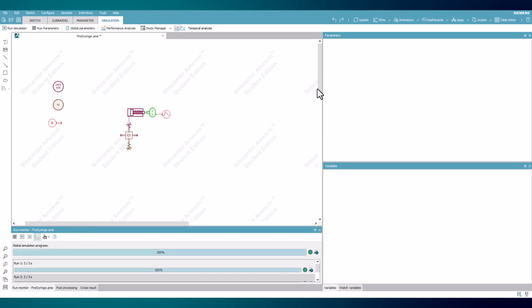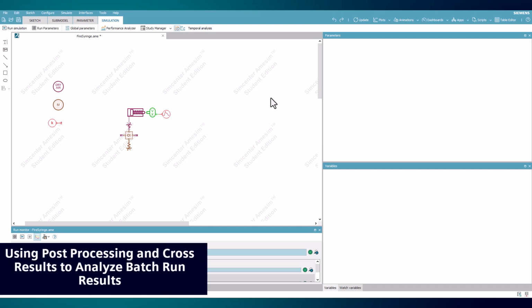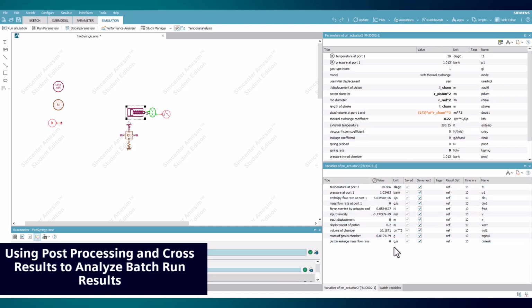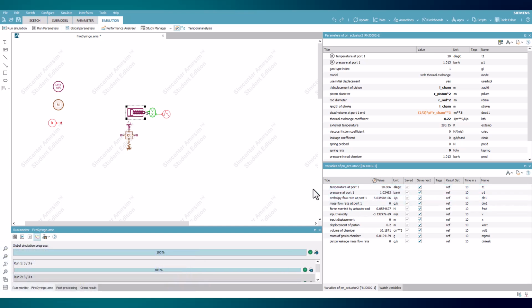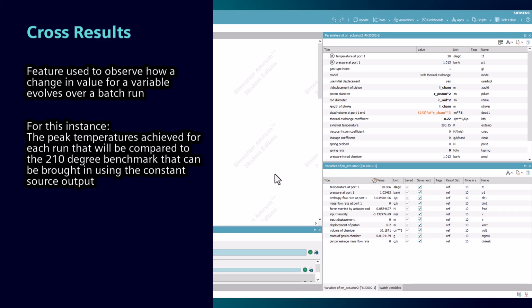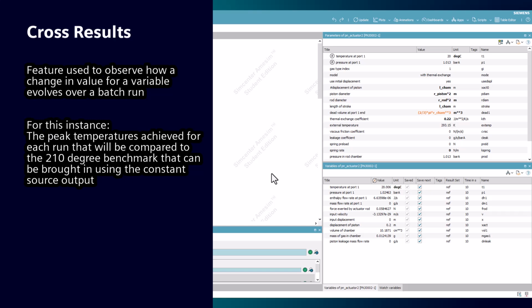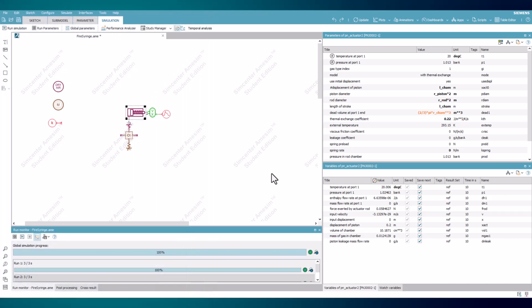After completing the batch study, one could analyze results plots to determine the most amount of time the piston could take to close to achieve combustion. A faster way, though, includes using cross results. Cross results help to evaluate a particular results variable across a batch study at a particular instance. For this demonstration, we wish to determine the highest temperature each batch run achieves across the simulation, as the slowest time with the highest maximum chamber temperature will be the desired value.